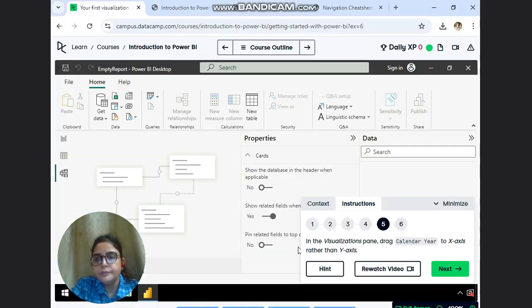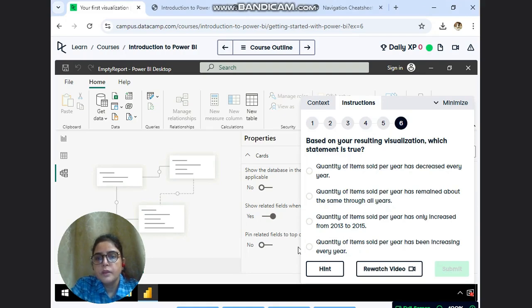Now, based on your resulting visualization, which statement is true? Quantity of items sold per year has decreased every year. Quantity of items sold per year has remained about the same through all years. Quantity of items sold per year has only increased from 2013 to 2015.